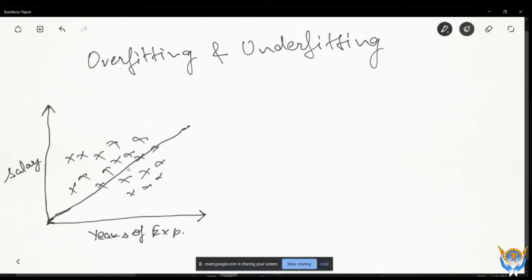What happens in underfitting is there is a term called high bias. What is the meaning of high bias? In a simple scenario I can explain this. Suppose I watch cricket a lot, and I am a fan of MS Dhoni, and I am biased about his performance.